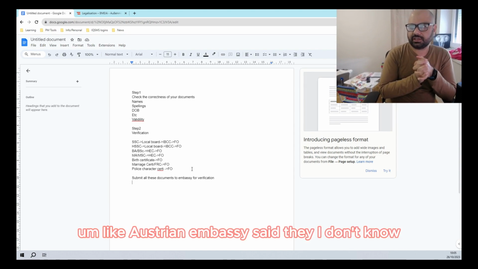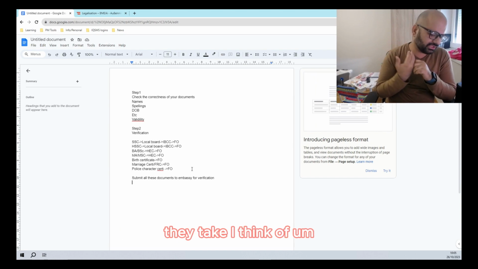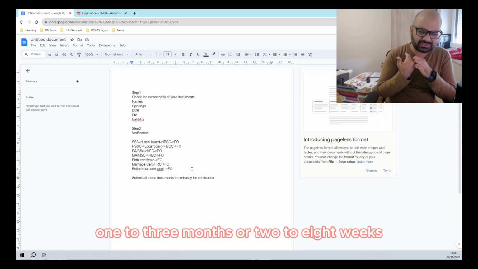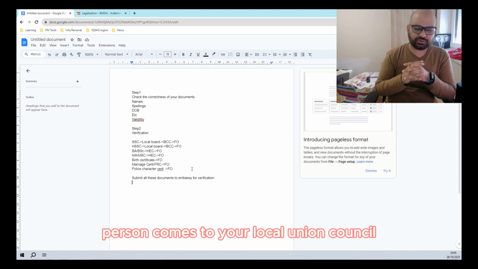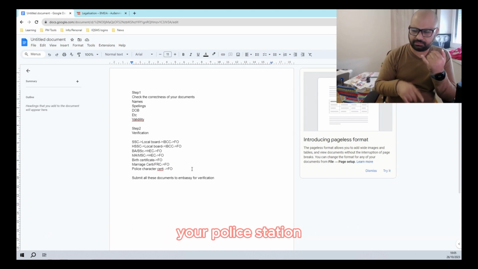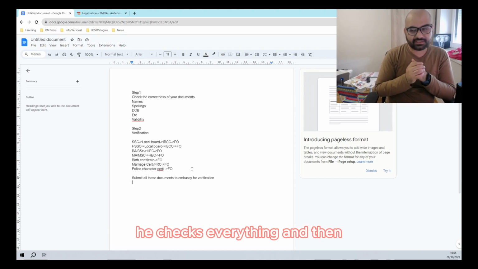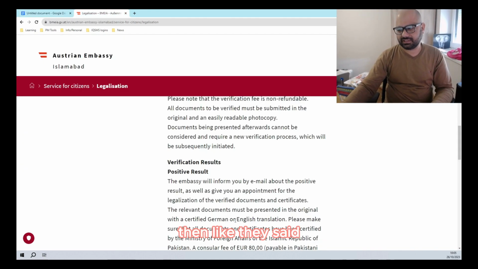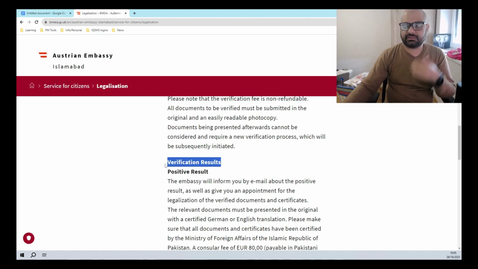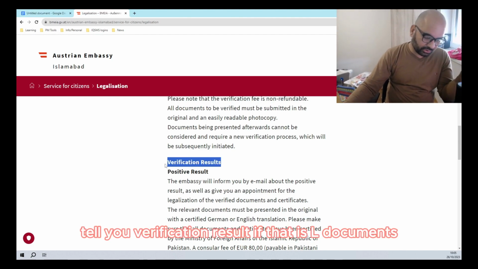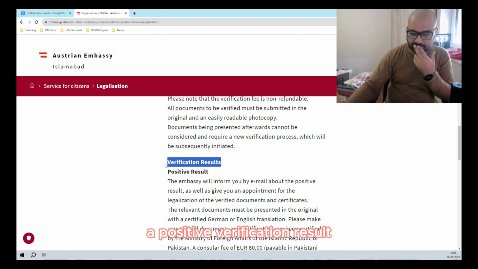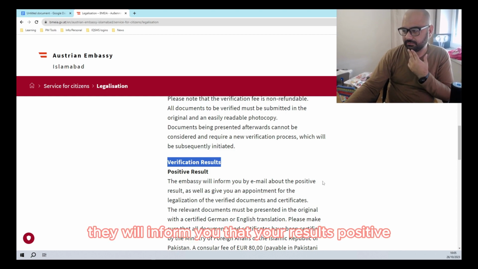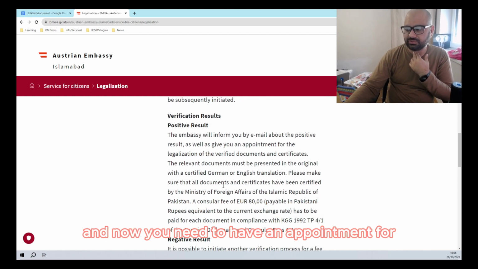The Austrian Embassy said it takes, I think, 1 to 3 months, or 2 to 8 weeks, I'm not sure. So somewhere between 1 to 3 months. A person comes to your local union council, your police station, and so on. He checks everything, and then they will tell you the verification results. If all the documents are genuine and everything is correct, you will get a positive verification result. It means they will inform you that your result is positive, and now you need to have an appointment for